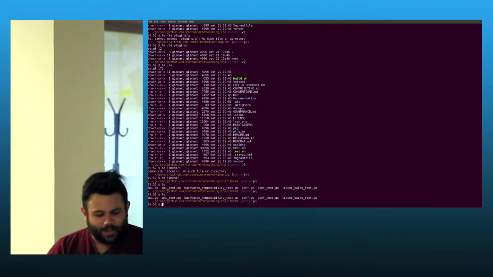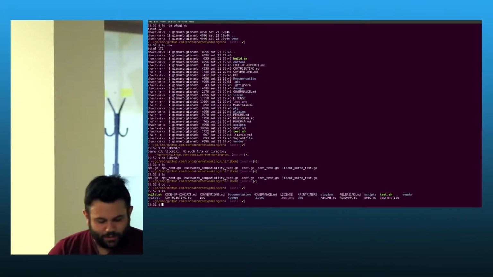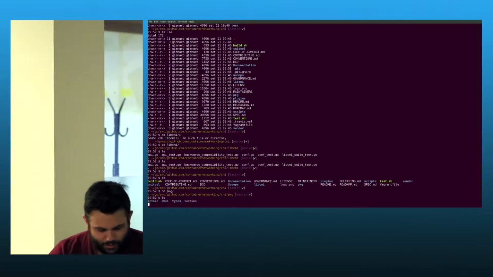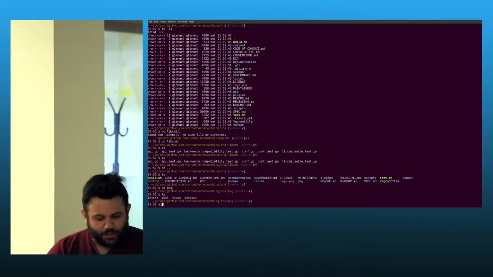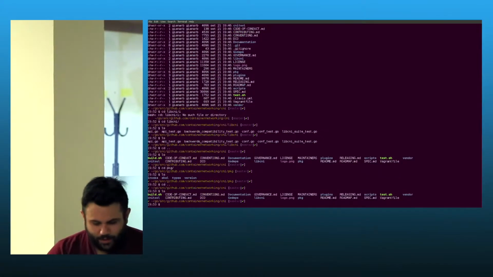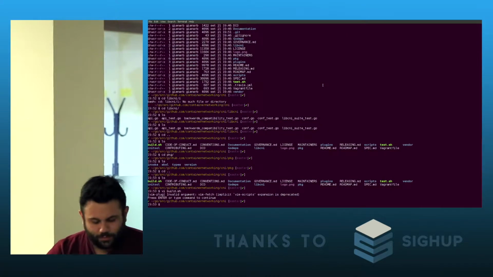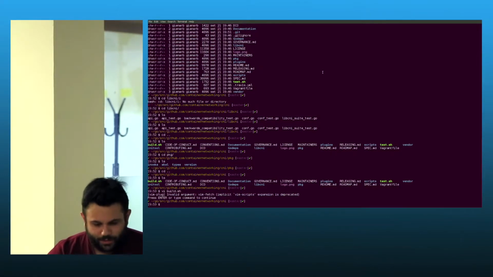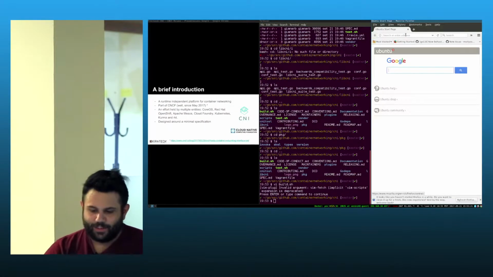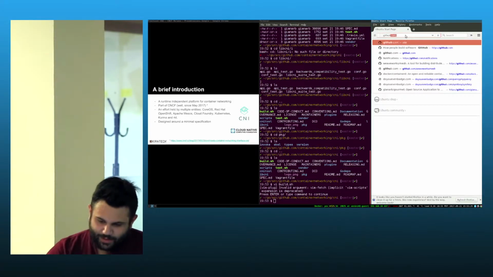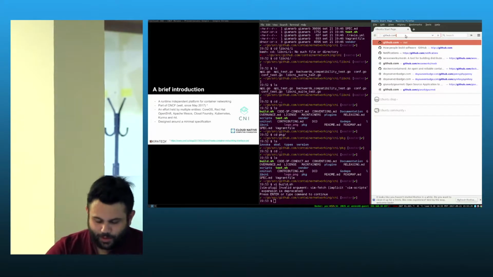So where is the actual thing happening? In pkg and in libcni, there are a few things. It's better that I go to it on Git.